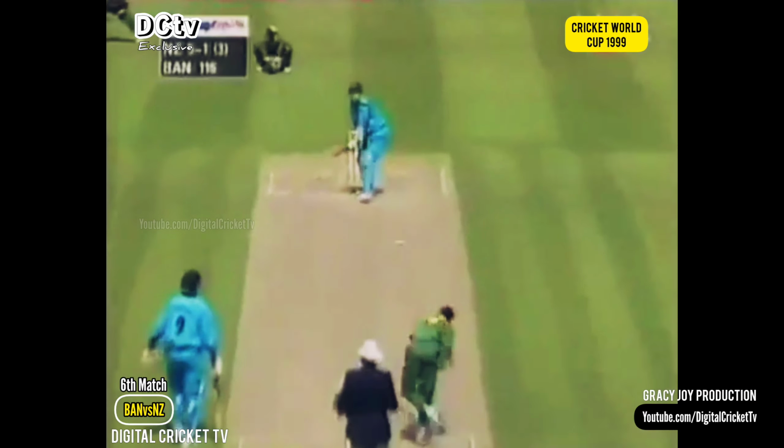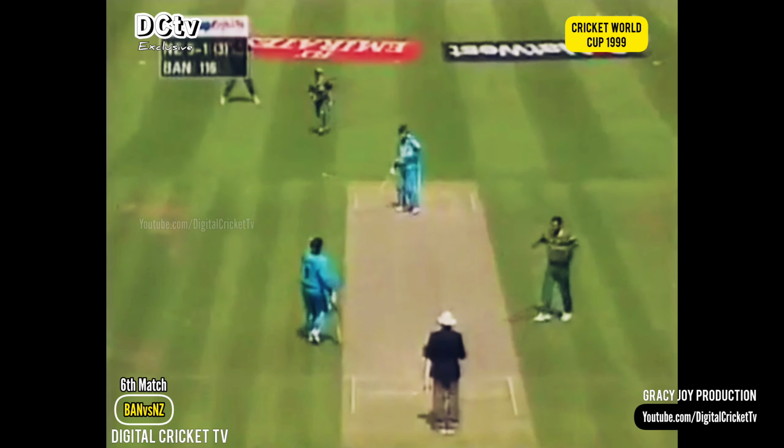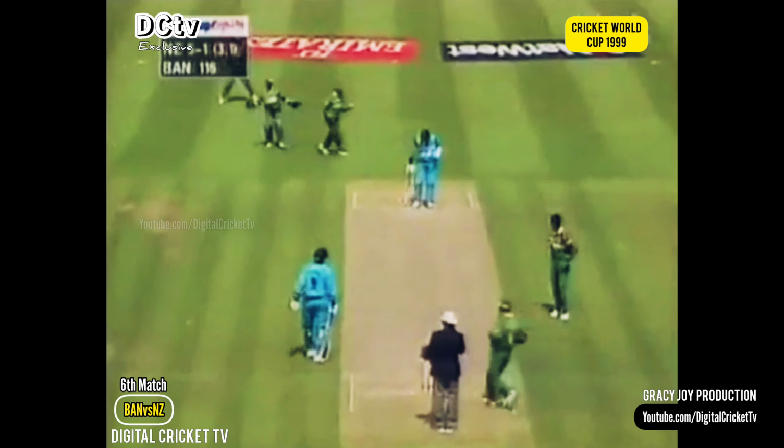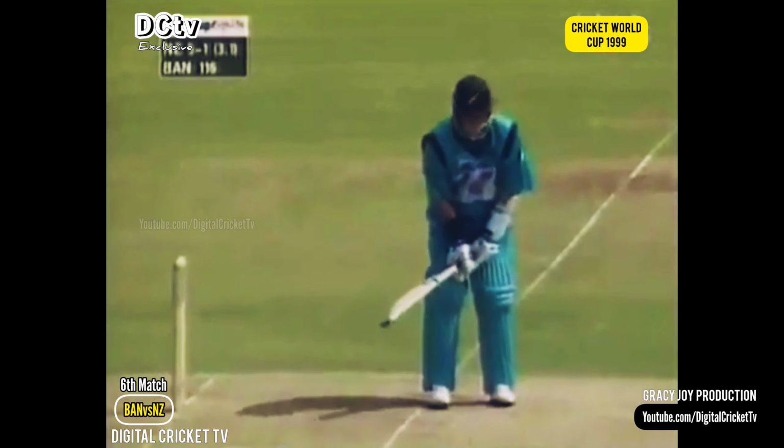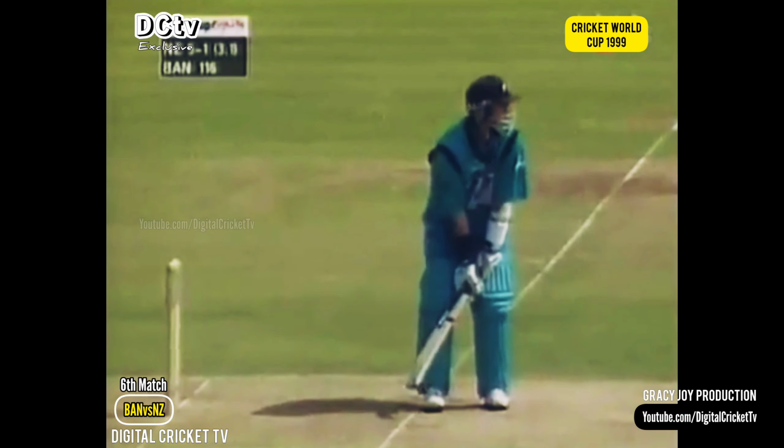Munjirul to McMillan. And the bowl again. And perhaps the New Zealand batsmen are just a little bit free, a little bit loose. Maybe they think it's just too easy out there. But this new ball does a bit. Be careful here, New Zealand. It's not a very big target, but if you lose 1 or 2 wickets...